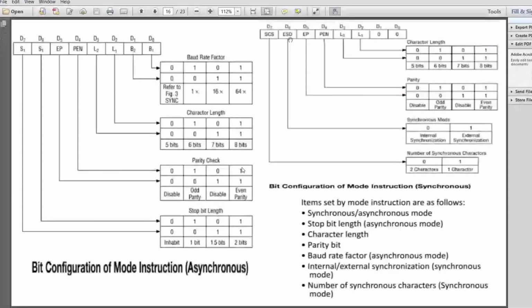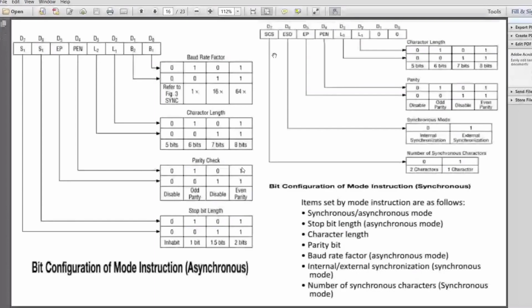This bit is defined as ESD, so external sync only becomes 1. And these are called synchronization characters, synchronous characters. How many sync characters do we have to use? Two synchronous characters, high for one clock period. So that is a synchronous character. I mean, on the data line, if it is high for one clock period, that is synchronous.